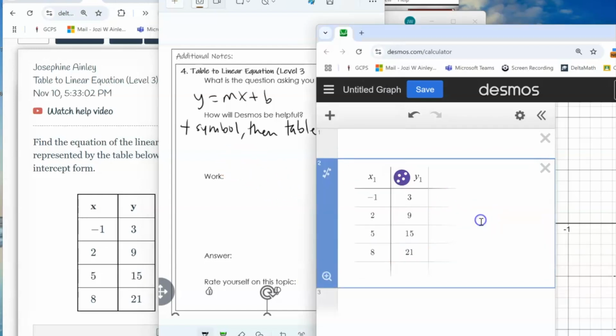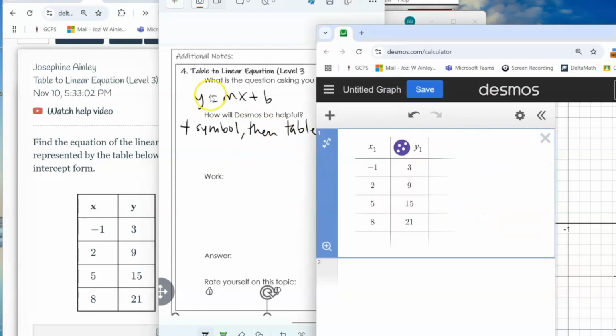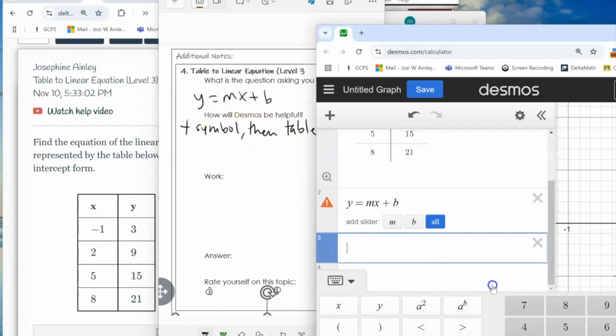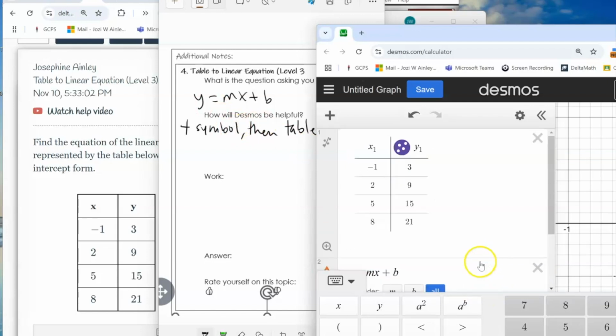Type in question, and then what do I do now? Now I have the table in here. I want it to give me this equation. So what do I tell the calculator to do? I tell it, hey, give me this equation. So I'm going to type y equals mx plus b, and I'm going to do that twice, and you'll see why in just a second. Now it's asking me,